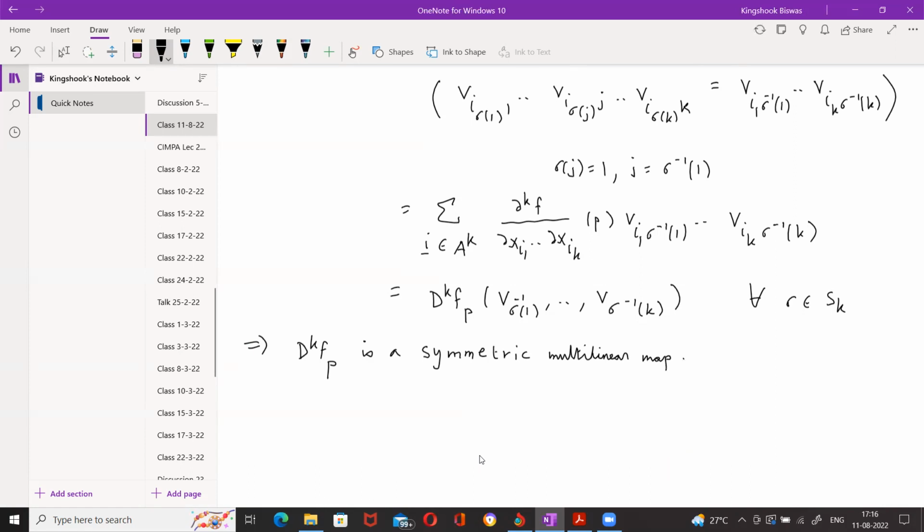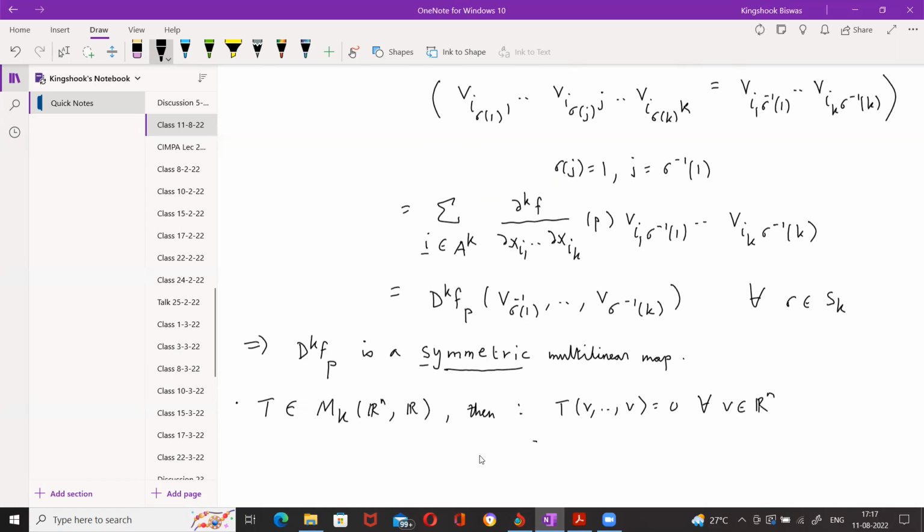And for a symmetric multilinear map, one can show that if T is a symmetric multilinear map from, say, Rn to R, then T is determined by its values along the diagonal. That means if T of V comma V is 0 for all V in Rn,